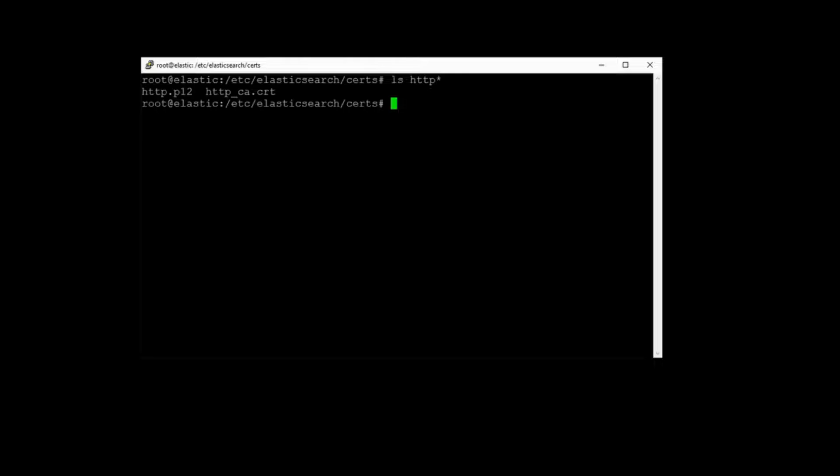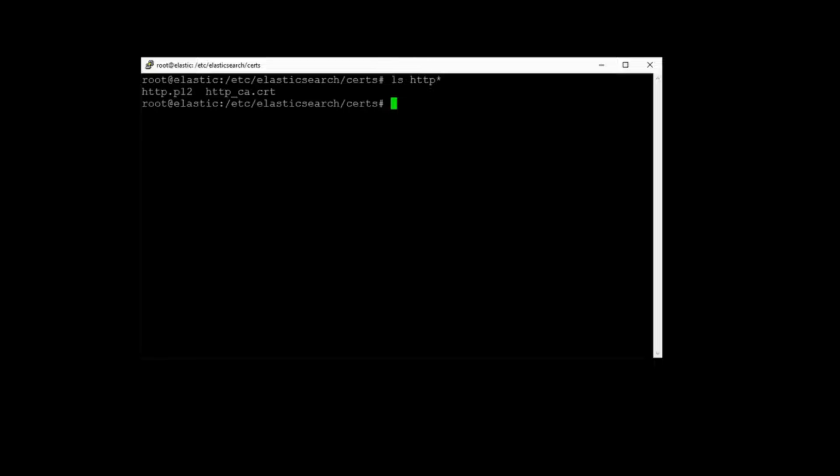But later on, I want an SSL certificate for the domain kibana.evermite.net. And I also want an SSL certificate for the domain fleet.evermite.net. I also want a certificate authority to sign the certificates for kibana.evermite.net and fleet.evermite.net. For me, it would be convenient if I could use the http.p12 and http_ca.crt to sign my certificates for kibana.evermite.net